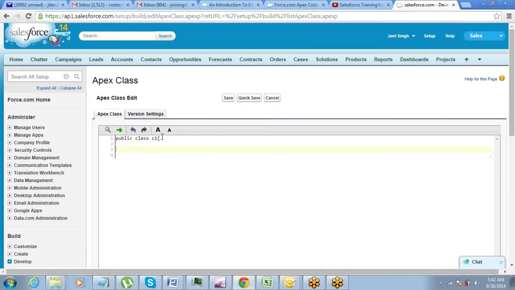Now you write whatever variables and methods you want to define here. Let's say I want to define a string. Let's start simple. So this is the string.